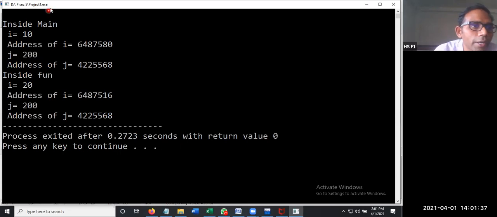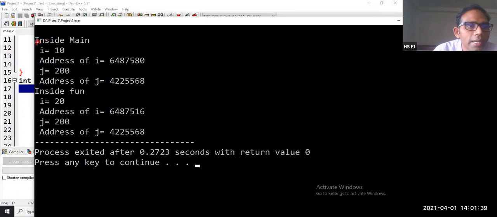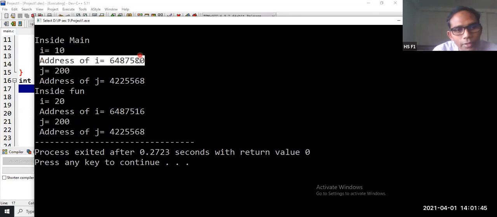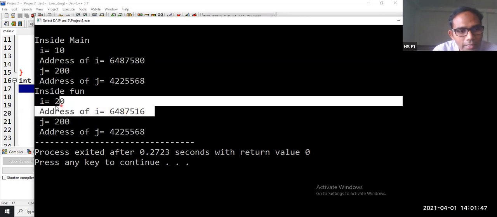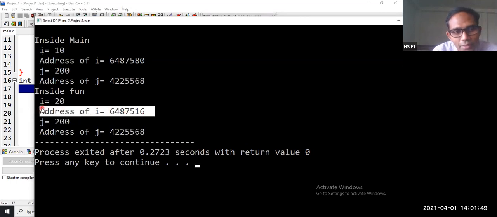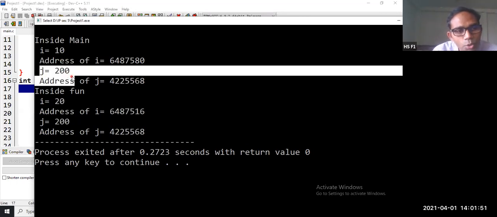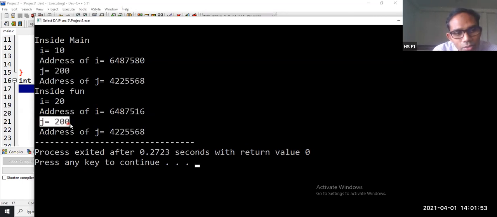Now, just concentrate on the output. Inside main, no issue. I is equal to 10. Address of I is equal to 6487580. Here the address is 6487516. Then J value is 200. Again, J value is 200.